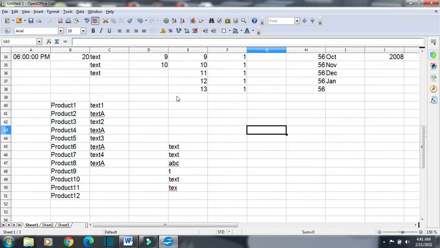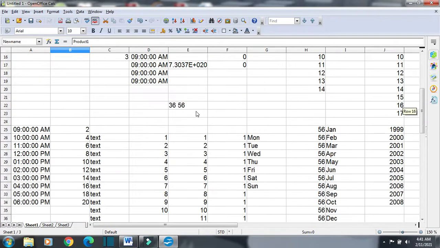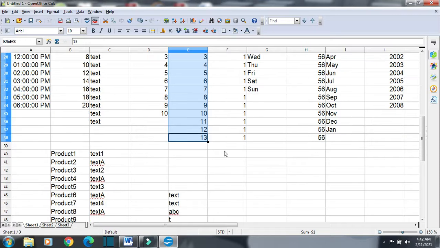Now suppose I want to open this range, so this range name will be there. You can see "new name" is the name of the range. I will click here, I will come here. I can use this in the formula also. Suppose I have renamed this range of numbers, so I can use this in a function or formula also.